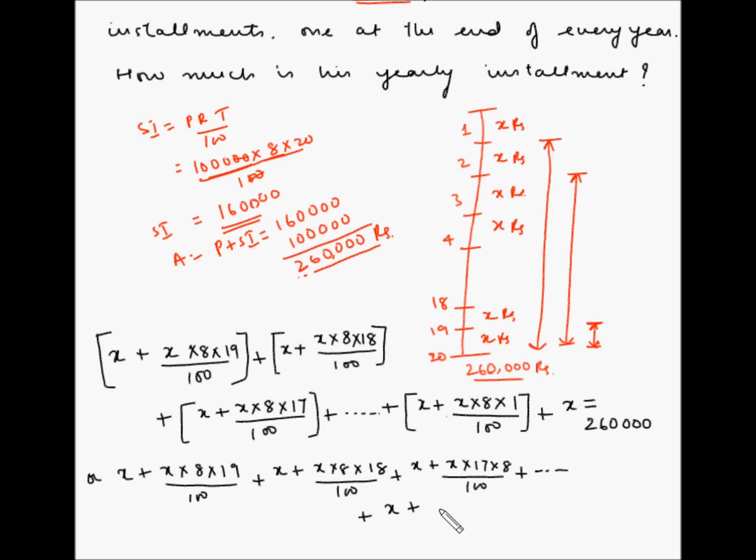So X plus X multiplied by 8 multiplied by 1 divided by 100 plus X is equal to